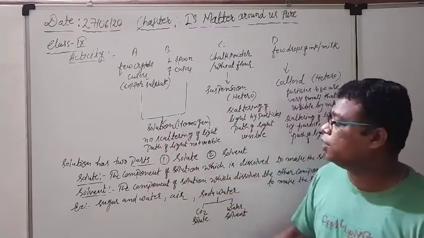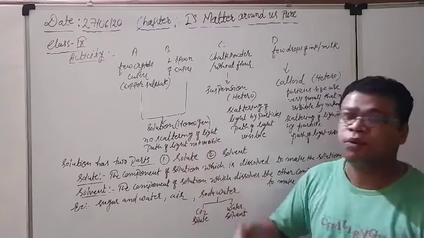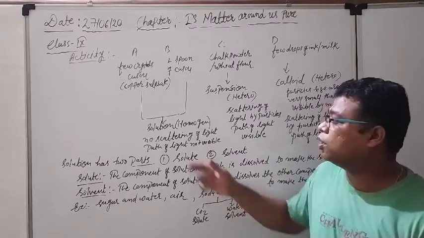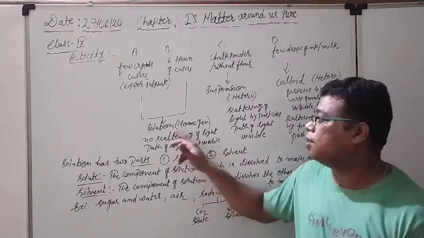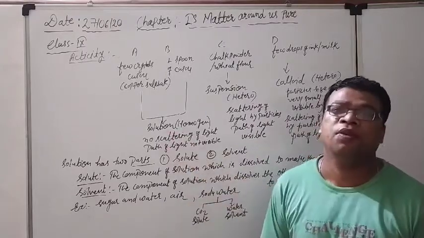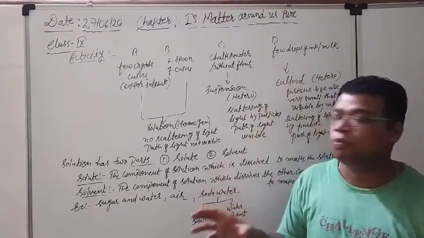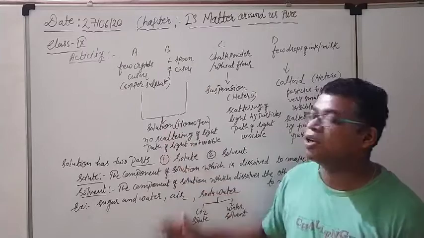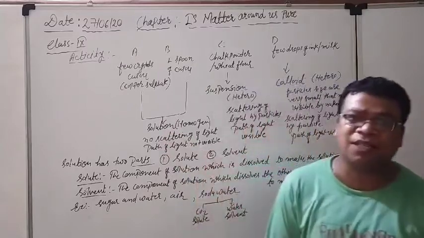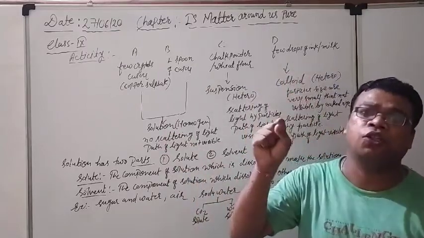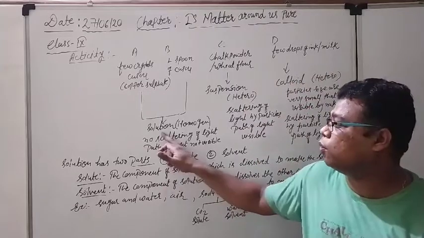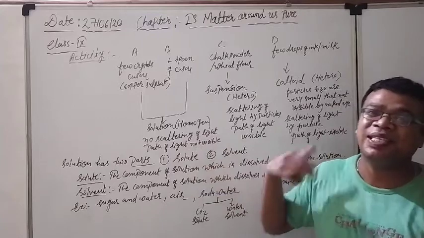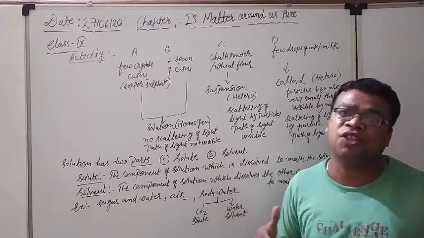What we have to do is take one torch, and throw a beam of light over this particular solution. We take a glass container, and the solution is prepared inside the glass container. With the help of the torch, we throw the beam of light over it. What happens? No scattering of the light. No scattering means bikharna, reflections you can say.